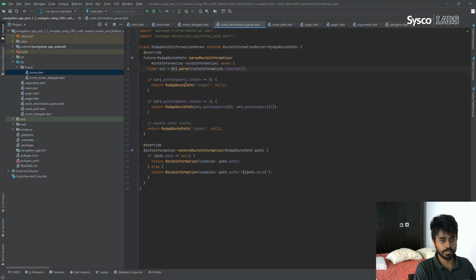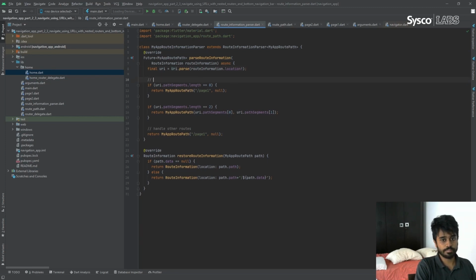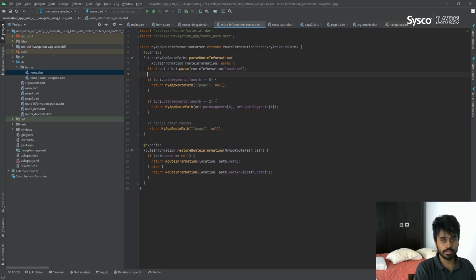So if there's a URL like this, for example, in case the root path is this, then it will go to this page. If you have two segments like this, 1 and 2, then it will go to here. In all the other cases, it will go to page 1 again. The main difference here is the generic type which I have used here.